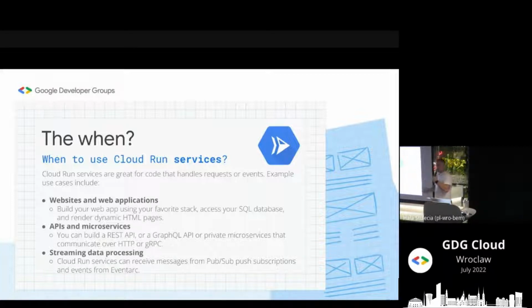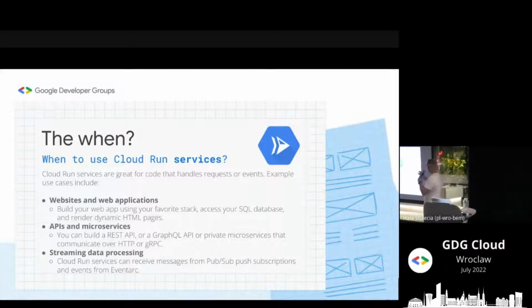API microservices, right? REST API, very popular. You can deploy that in Cloud Run and it will just work. You don't need to take care of any infrastructure. You are just putting your API as code in the container